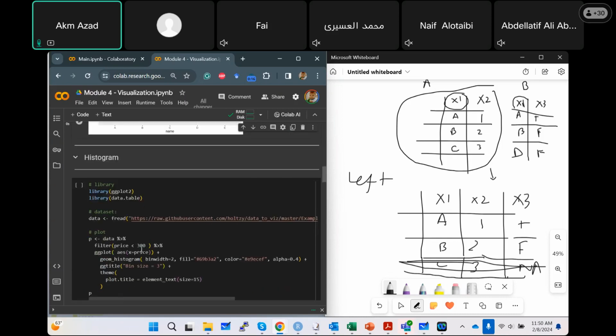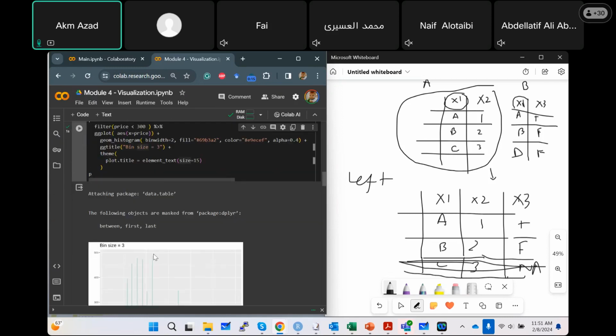If you want to create the histogram, I'm reading a file from the remote file, and I'm creating the histogram. But before that, the data that I'm loading, I can perform some filtration on it, and then the filtered value will be used to create the ggplot histogram. For the histogram, you need to call geom histogram function, which is available in ggplot, and you can specify the bin width, and you can fill the color code, and you can even control their transparencies. And you can put the GG title, the title of the plot,